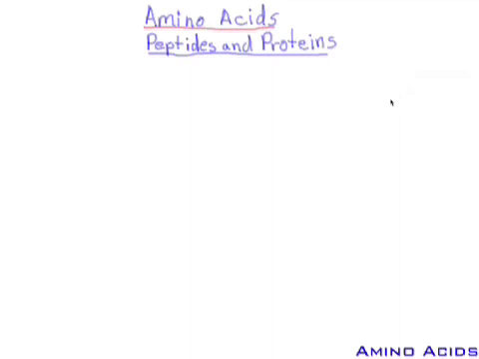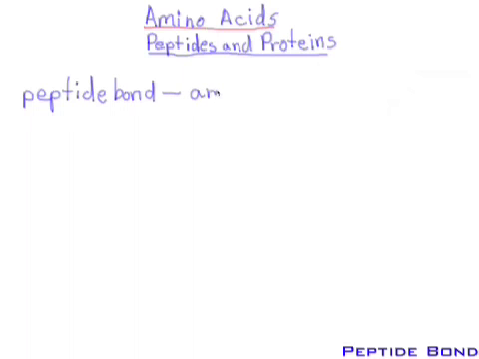In this scribblecast lecture, we'll be examining peptides and proteins. A peptide consists of two or more amino acids covalently attached by what is called the peptide bond. Now, the peptide bond is simply an amide functional group. The amide functional group links an alpha amino group of one amino acid with the alpha carboxyl group of another